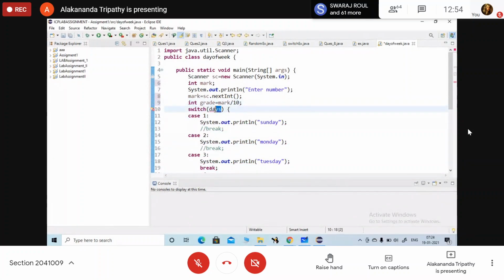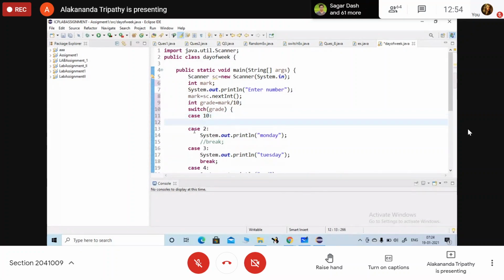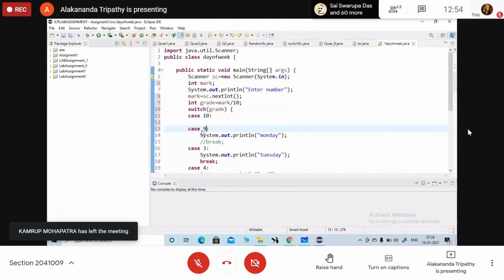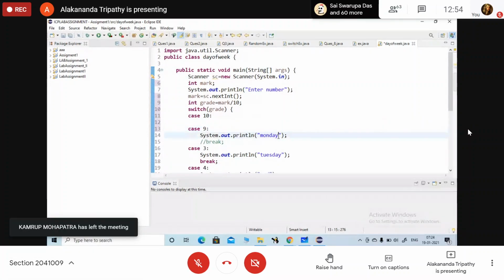Okay, so here what am I going to write? Grade. I am not writing the entire code, I will just cut it short. Then here I am providing it as 9. So here, what will be the grade?